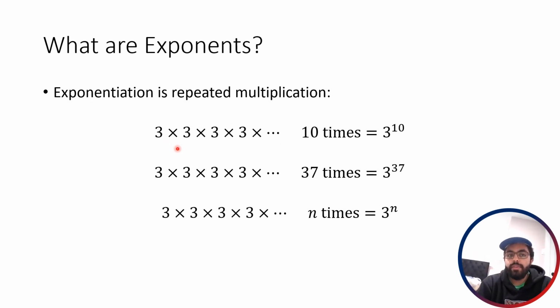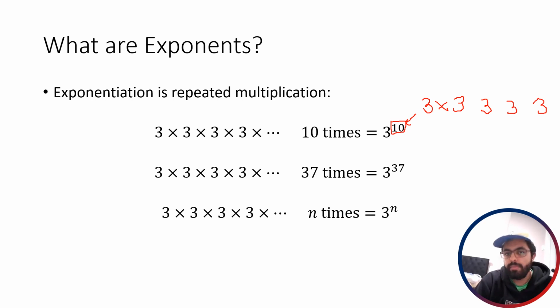So it's just like on the previous slide, except instead of plus signs in between, now it's multiplication signs. So 3 times 3 times 3 times 3, 10 times. Like having 10 threes with multiplication signs in between them. We write that like this. And this little 10 up here is your exponent. So that little guy right there, this 10 right here, is what we call an exponent. And what that's telling you is that you're taking 3 and you're multiplying it by itself 10 times. So you're going to have 10 threes,